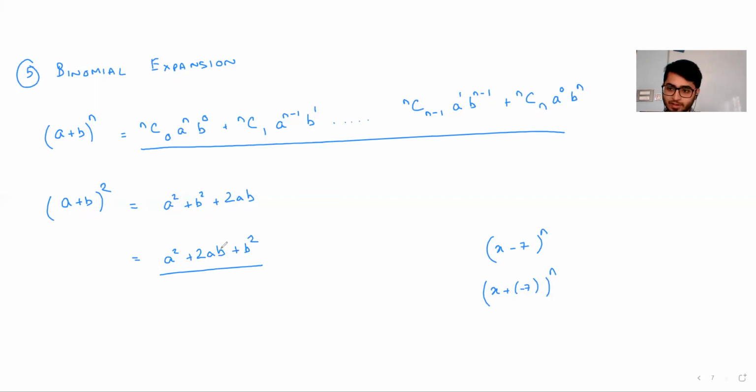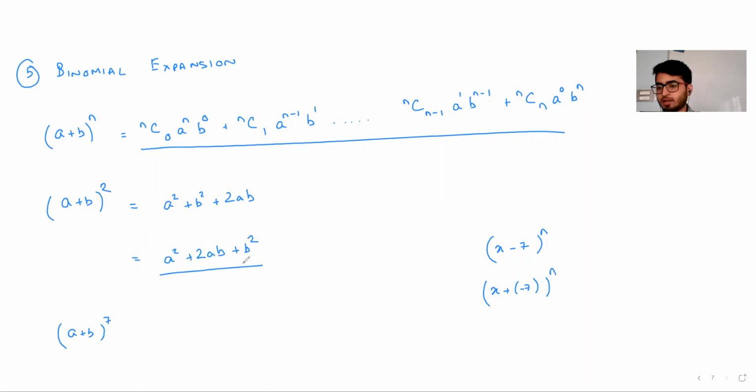Both are exactly the same. Both are going to give the same numerical answer. It's just about the habit. If you need to write a plus b whole to the power 7, you won't miss out terms, because this is something which has not been commonly used. So far, most of you would have simply dealt with either a plus b whole square or at most a plus b whole cube, not anything beyond that.